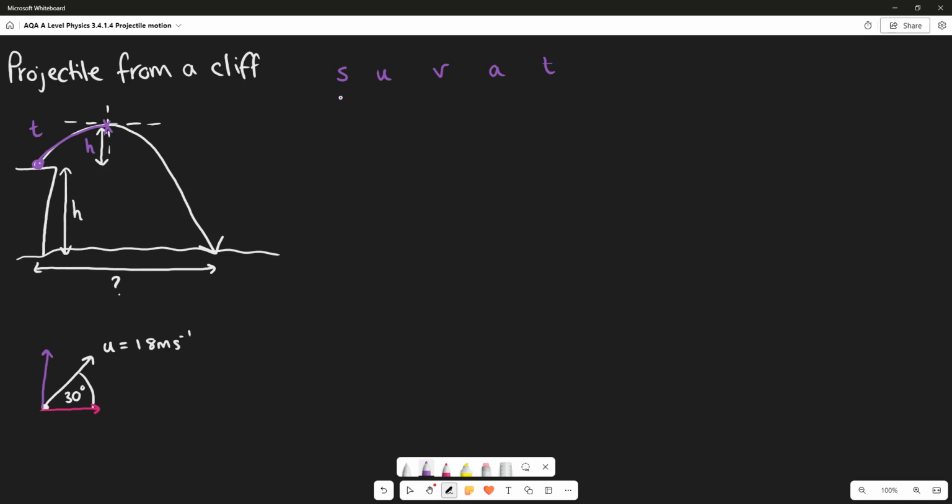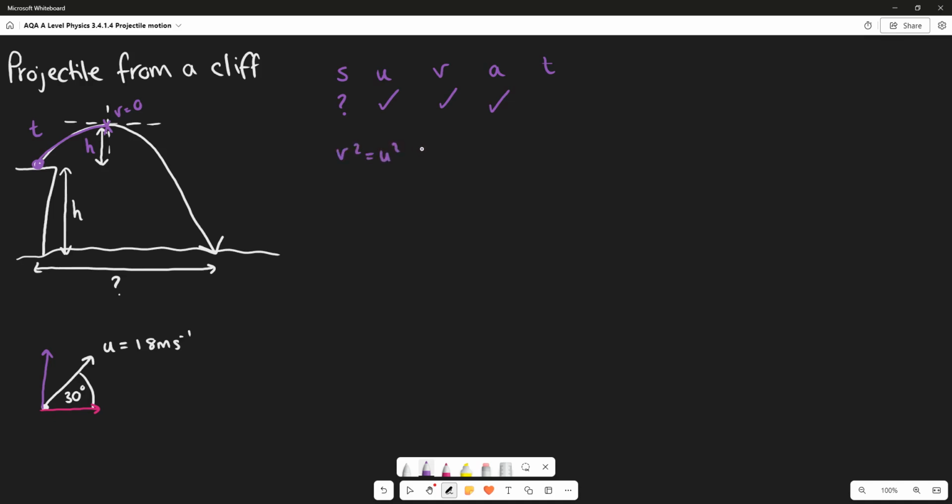Okay, so we want to know this information, but we also want to know that information. So we're going to have to do two different calculations. We'll do one at a time. For now, I'll stick with the height. So we're going to need all of the rest. We know acceleration is due to gravity. We know that the final velocity at the top is going to be 0, and we can resolve the initial velocity. So the equation for this is going to be